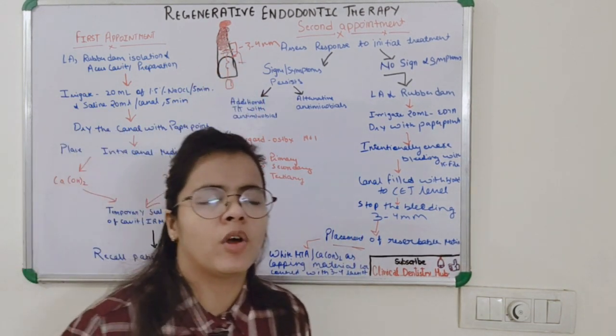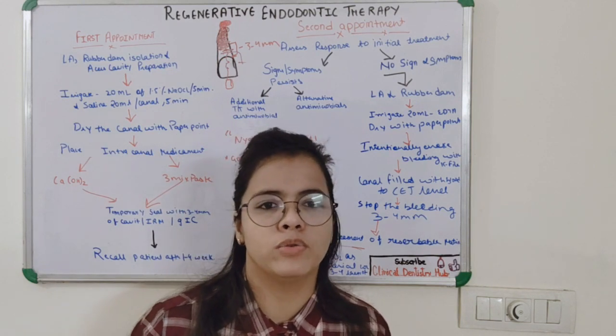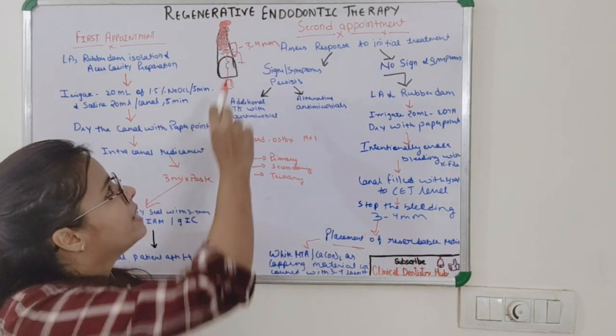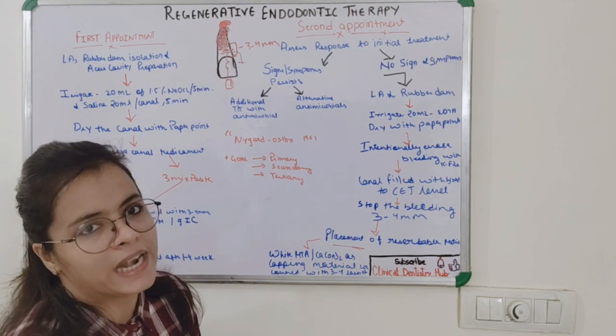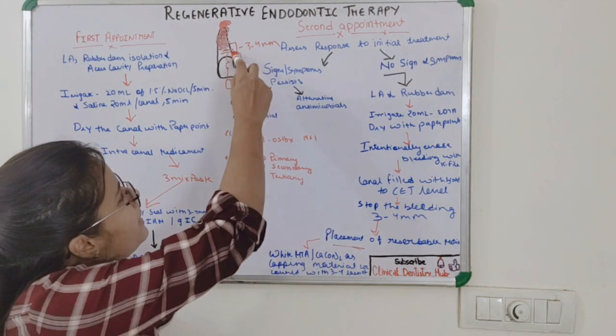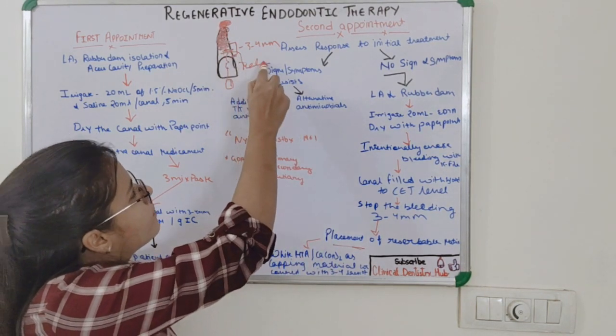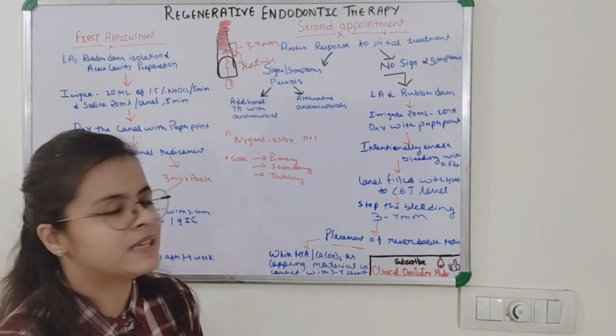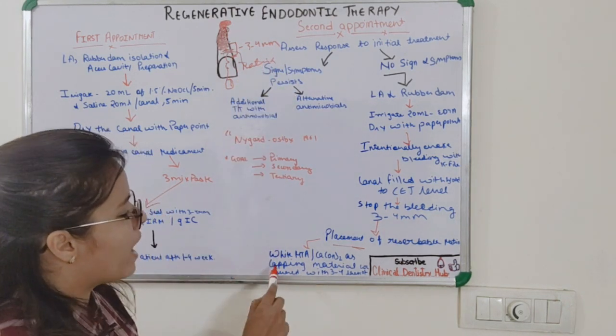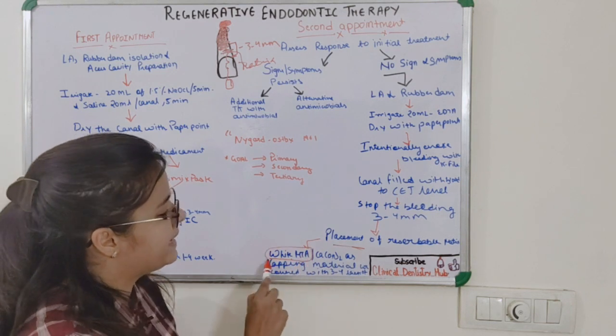There are other materials also, like collagen material is also used. A matrix also you can place over here, which gets resorbed with time. That you have to place. Place a resorbable matrix over here. So after you have placed a matrix, then you have to place white MTA over here.